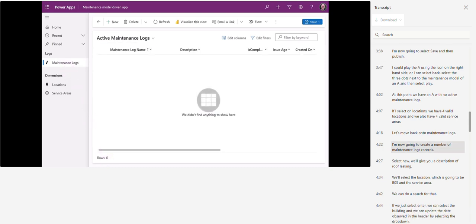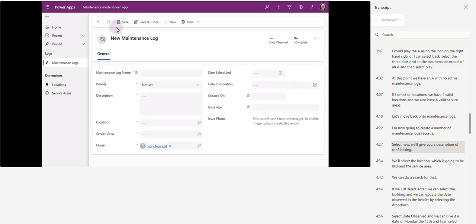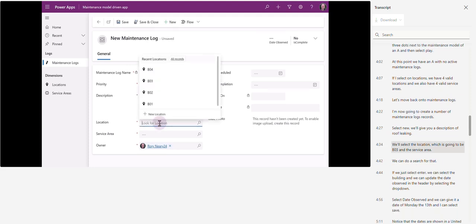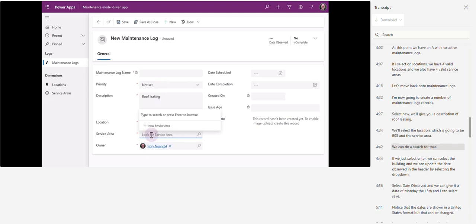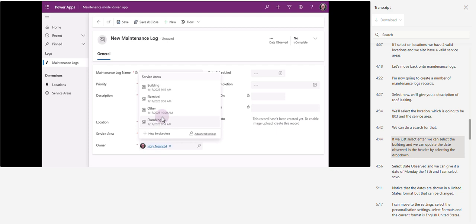I'm now going to create a number of maintenance logs records. Select new. We'll give it a description of roof leaking. We'll select the location, which is going to be B03, and the service area. We can do a search for that. If we just select enter, we can select the building,